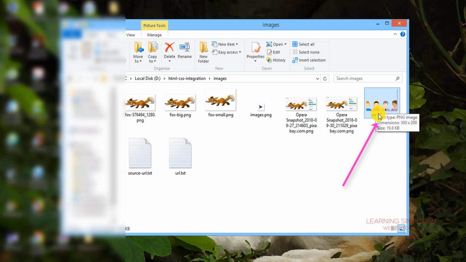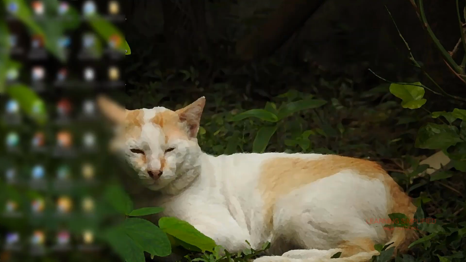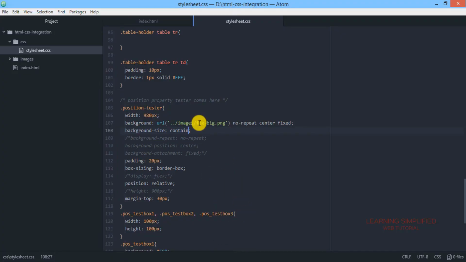Now we are going to use this image, people.png. So we are copying the file name and getting back to our project. Instead of foxbig.png or the small one, we'll now be using people.png. Remove this last extension, it is a repetition of the previous one.